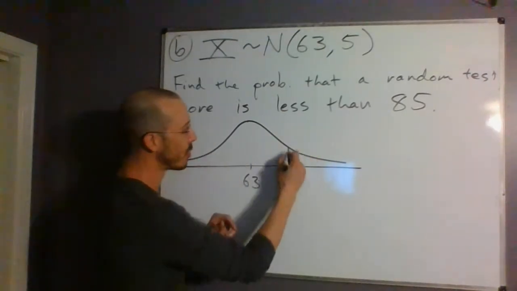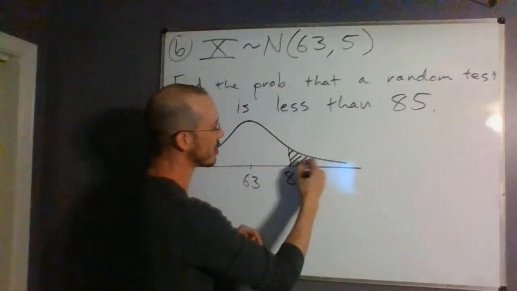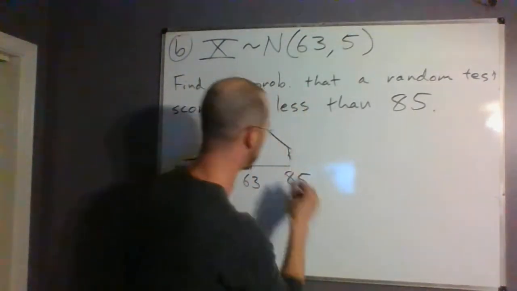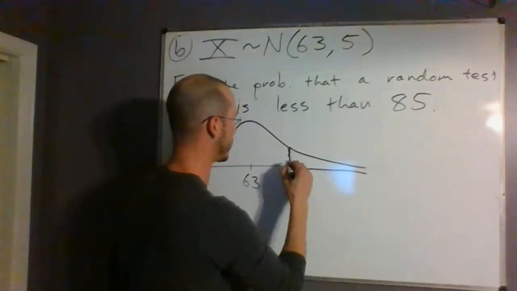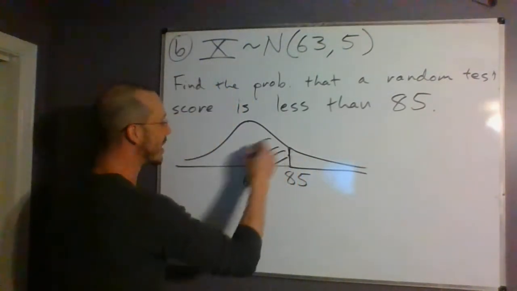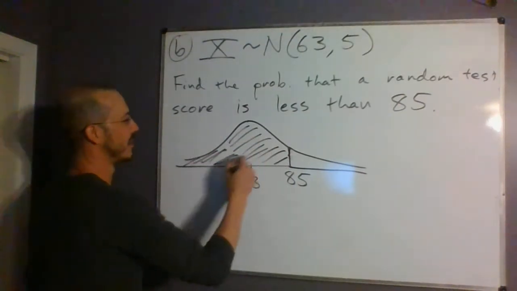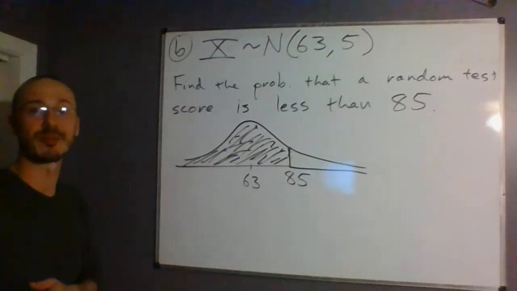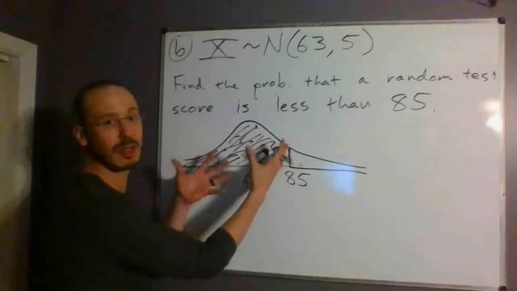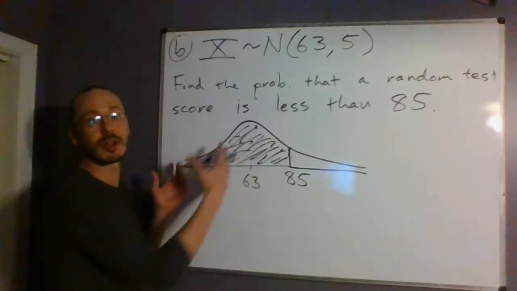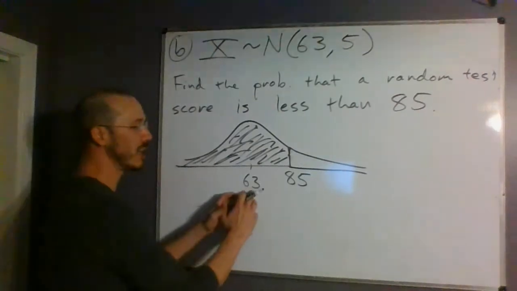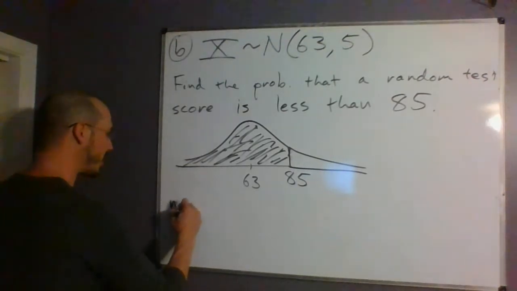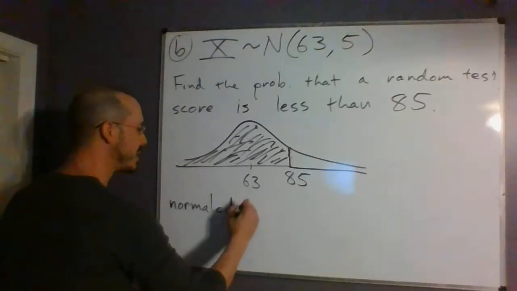Anyway, here though, we're trying to find what's the probability that the score is greater than, nope, less than 85. It's very likely that it's less than 85. You can see most of the area under the curve is shaded because it's over here. 85 is to the right of 63. I can calculate this with the normal CDF,